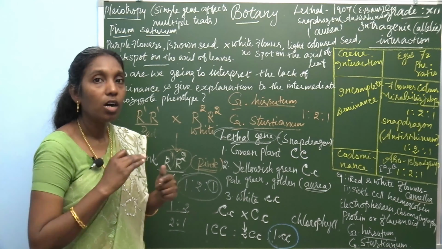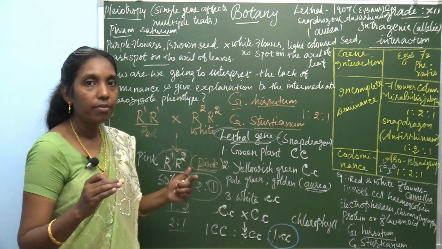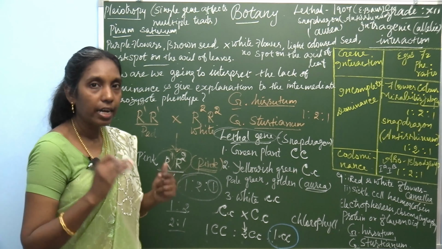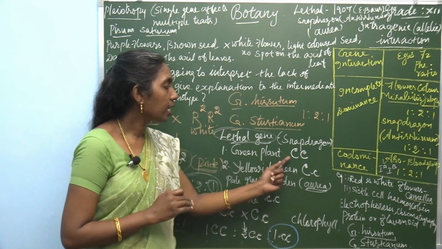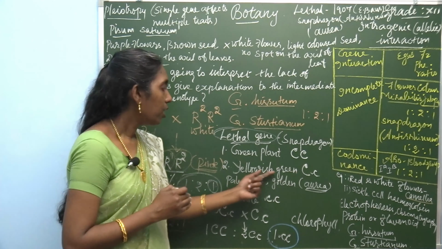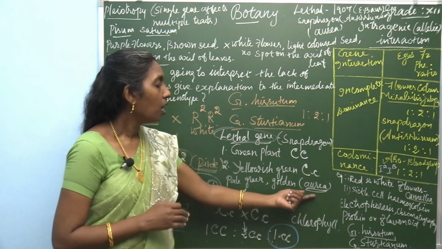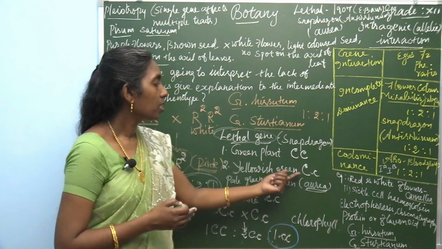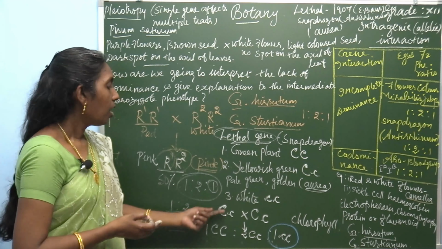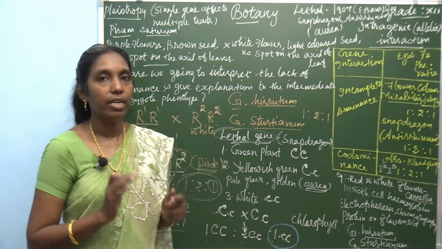Snapdragon, it causes death of the organism because it lacks chlorophyll. There are 3 different types of plants. They are the green plant, which has the allele C homozygous, and the second plant color is yellowish green or aria, which is golden color, C small c, heterozygous, and white color is small c. Finally, pleiotropy, a single gene affects multiple traits. Learn all these questions very clearly. Thank you.